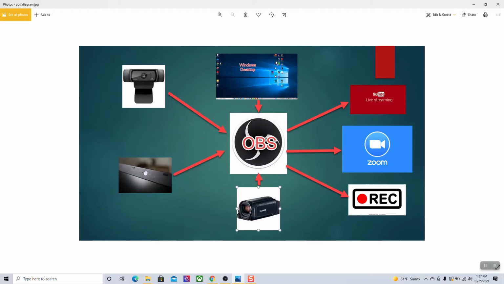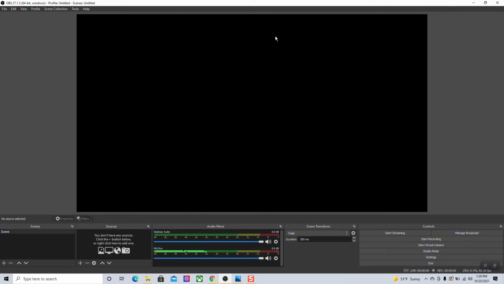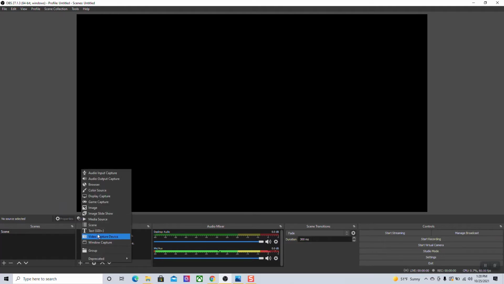But the first thing we've got to do is connect these video sources to OBS. And that's the subject of this tutorial. To do this, we go to this sources box here in the lower tier of the OBS display. And of course, when OBS is first installed, there are no sources connected. To connect one or more video sources, which are already physically connected in some way to your computer, but to connect those sources with the software, we go to this plus sign here at the base of the sources box,